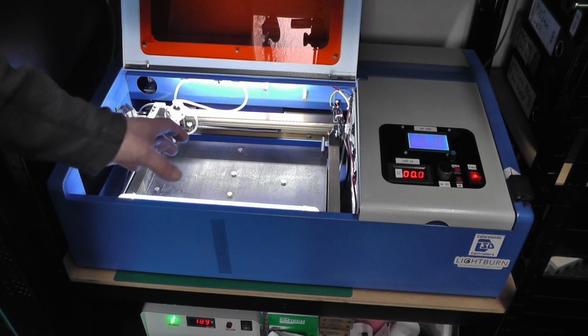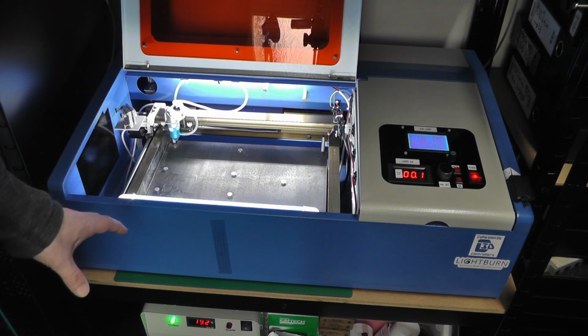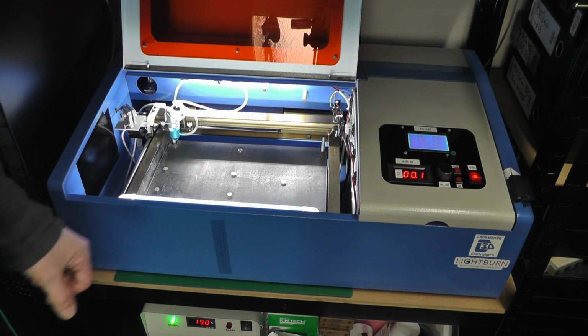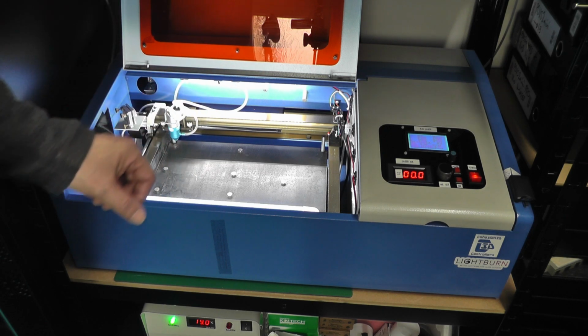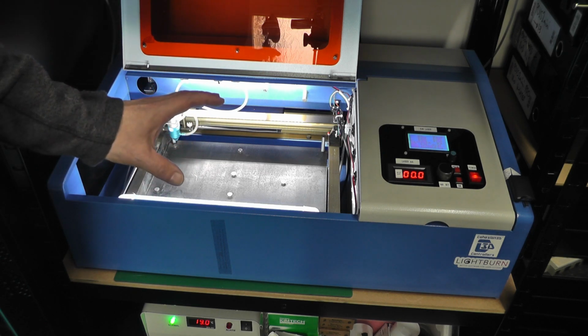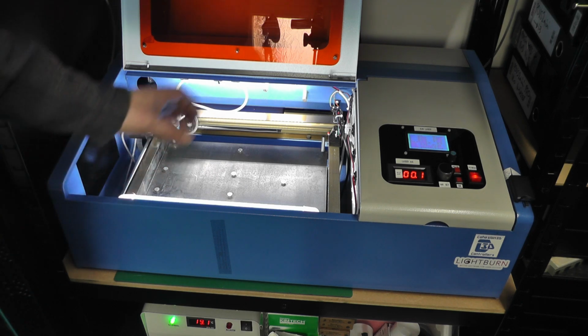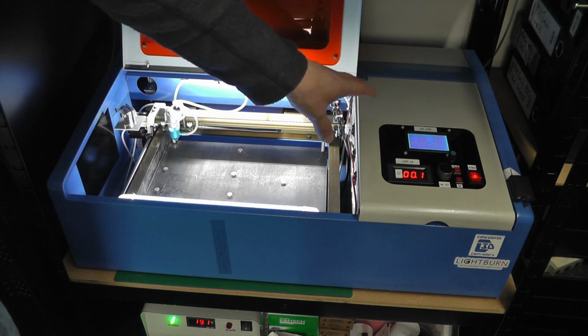Well, I hope you can hear me over the noise of the actual laser cutter. It's actually got a water cooler underneath it, and there's a large pump in there, so it's actually quite noisy. So this was originally a K40, one of those cheap Chinese laser cutters, but it basically resembles very little from what I originally purchased. I changed out the controller board on it,